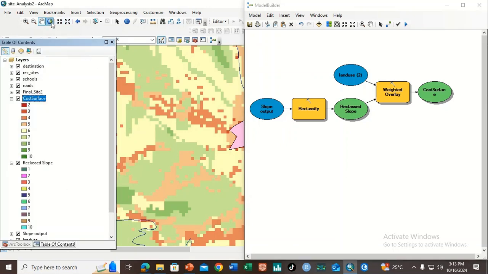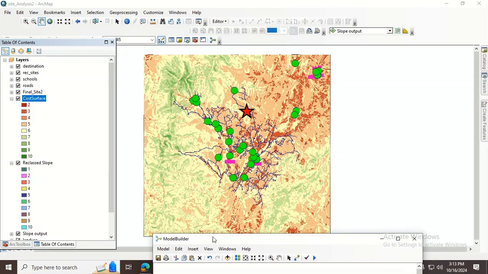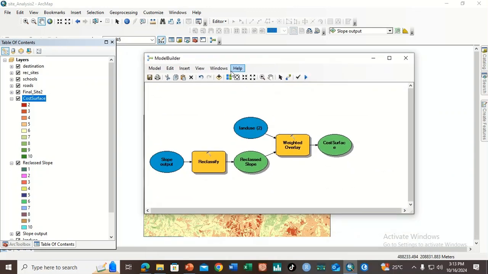You can make it extend and let us see this cost surface. The red one is the least cost, and the green one, the light green, dark green one, and all this especially in the steep slope area is the costly surface. Okay, and the next step is